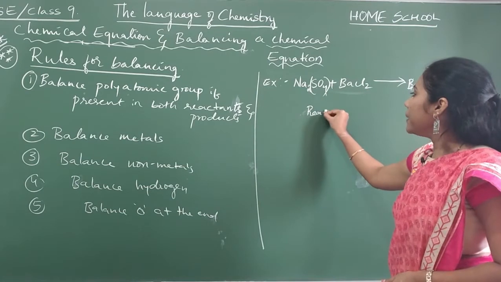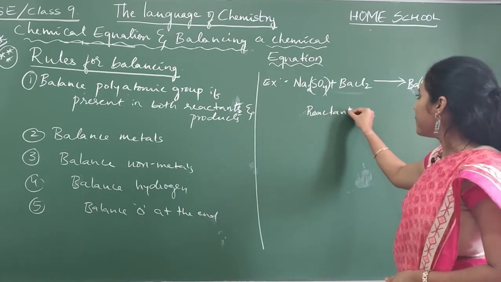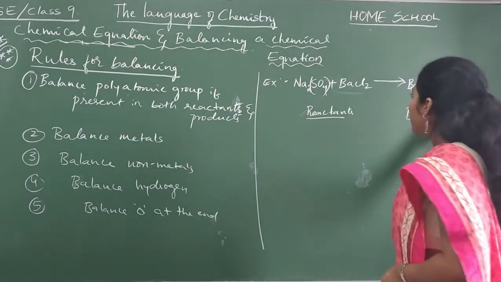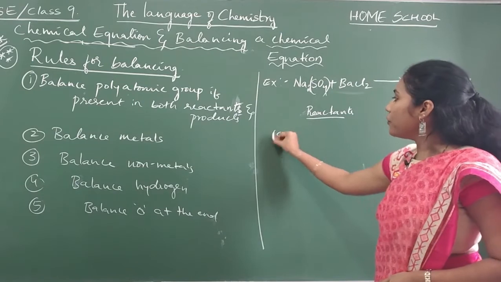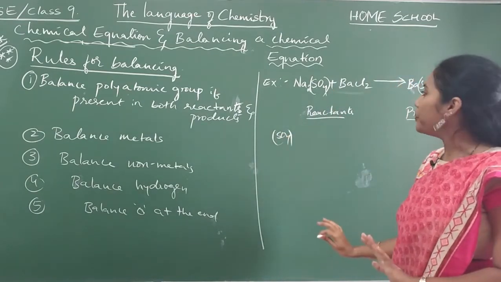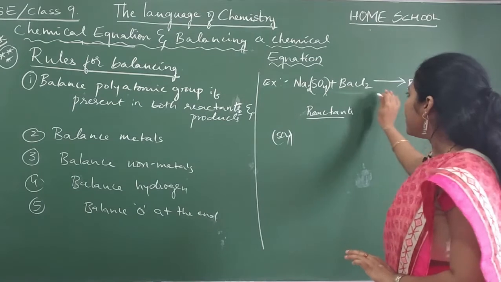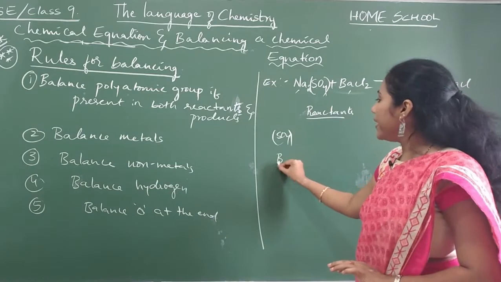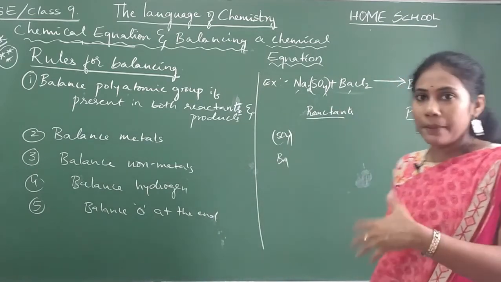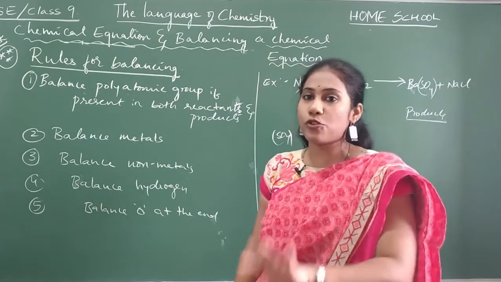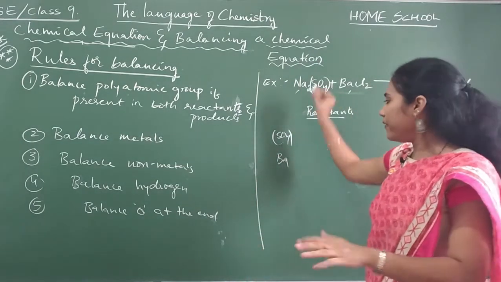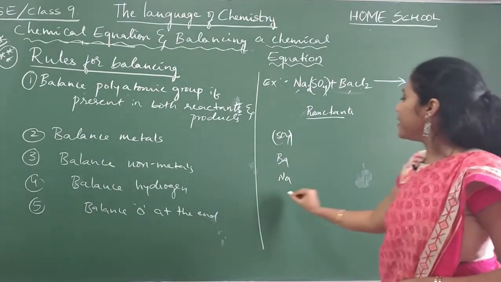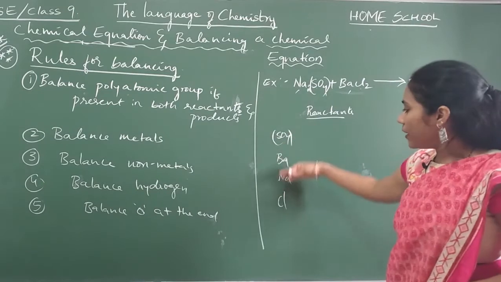Make a table until you get practiced. Make a table with reactants and products. So first, guys, according to the order you write, the sulfate polyatomic group you have to balance. Next you should balance metals. Which are metals here? Sodium is a metal, barium is a metal. First you take barium, the biggest element, and balance onwards. Or sodium also; anyway, after that you will balance sodium. And after that, which is a non-metal here? Cl is there, so Cl you have to balance. This is the order you follow.